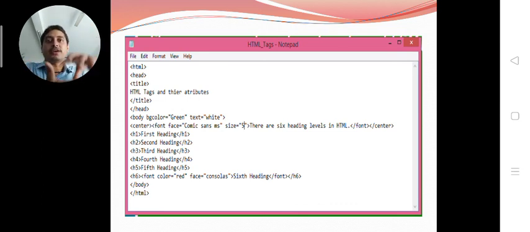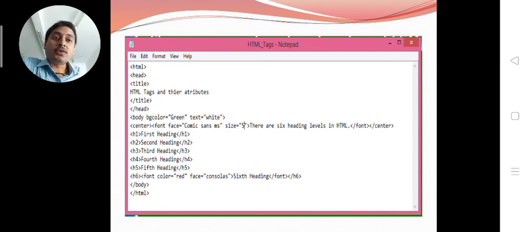It is just like we have two containers. We open the first container first, then we open the second container. So we have to close the second container first. We cannot close the first container first, because if you do, we will not be able to close the second container. That's why this sequence is very important. Whenever you write your code, you have to follow this sequence, otherwise your code and your attributes will not work.